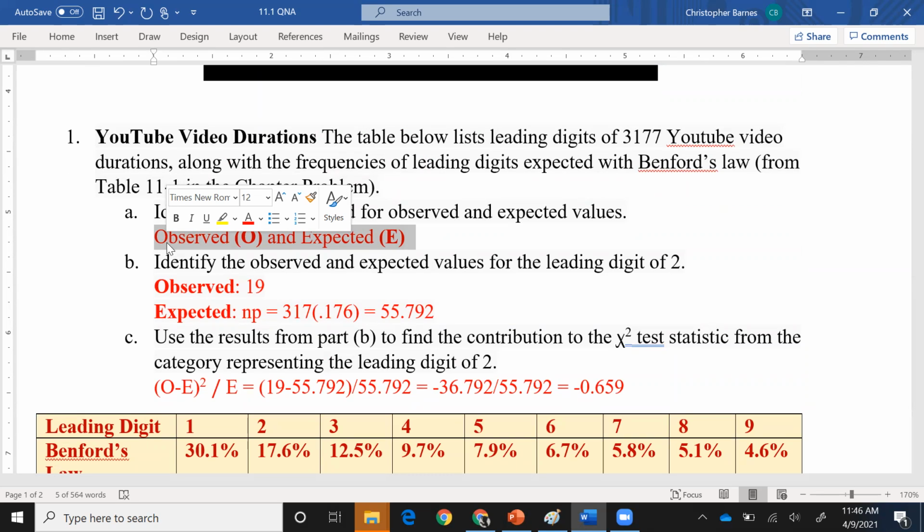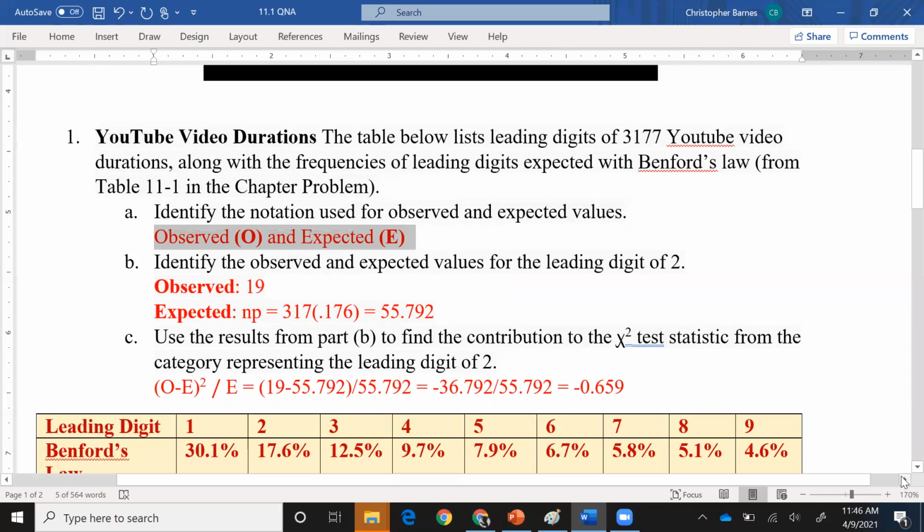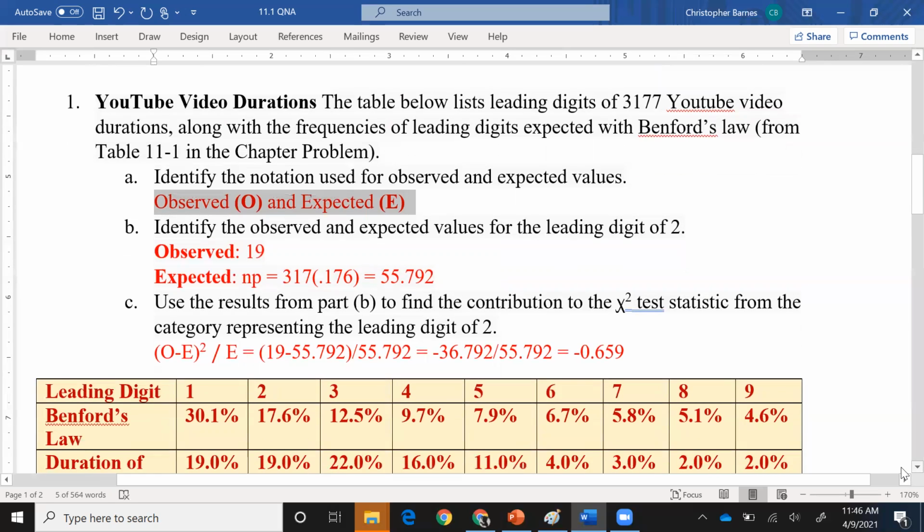Your job will really just be not only to read the question, but to also let people know, look, you should have read this already on this page. And the answer, right from this page in the textbook, is O equals observed and E equals expected. I think you'll be very comfortable with that, and let me know if not. This is the time to sit back and get you up to speed.